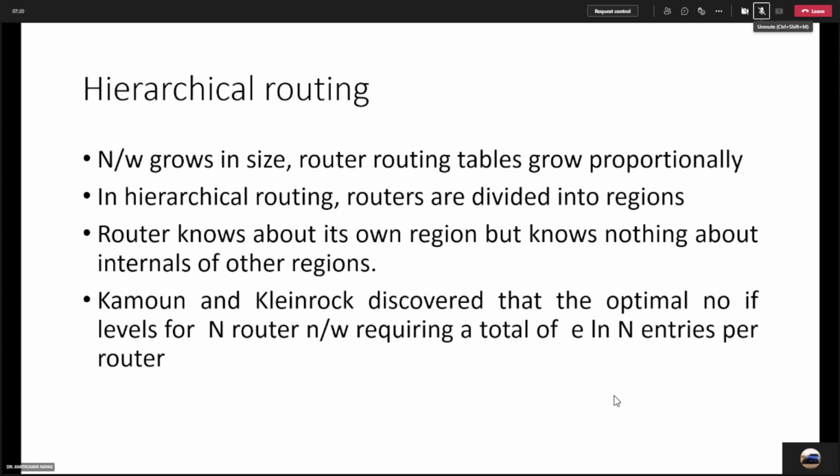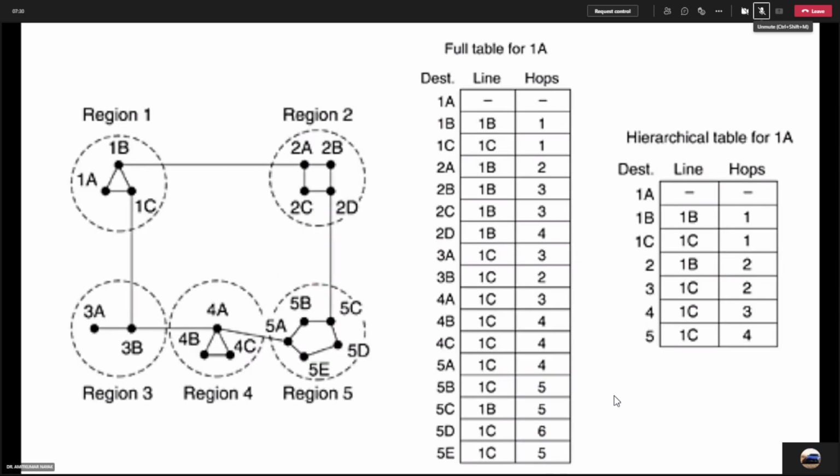Right now we are discussing the network layer chapter. The network layer deals with routing, so we should have the idea about types of routing. Hierarchical routing is the routing in which router nodes are divided into regions: router 1A, router 1B, router 1C, region 1, region 2, region 3, region 4 and region 5.